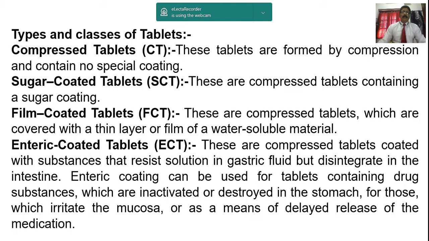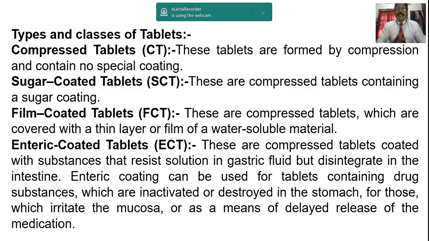And now the next one is the enteric coated tablets. What do you mean by enteric coated tablets? Some of the chemicals, some of the drugs which we take, will irritate the stomach. But we can prepare tablets coated with some material such that it will not be released in the stomach, and will be released only in the intestine. How? By means of pH. You know very well, stomach pH is acidic.